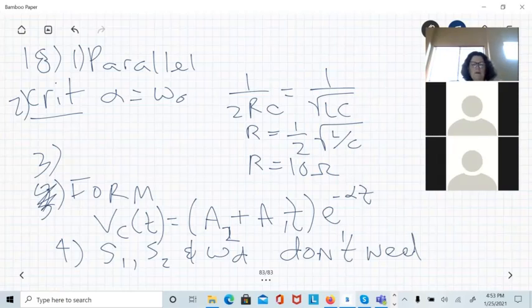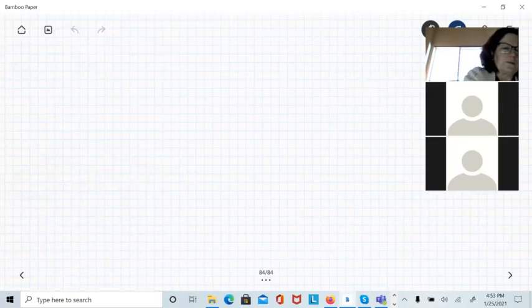Yay. Now I've got alpha. The next thing is A1 and A2. To get A1 and A2, I've got to find VC of 0 plus and the derivative of VC at 0 plus. So now we're on to step 5,